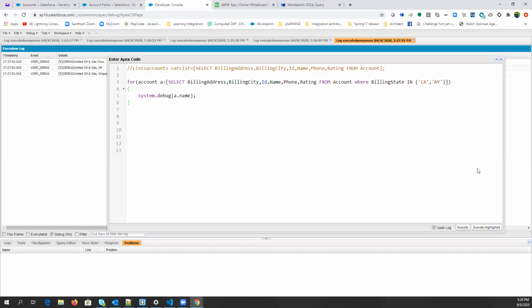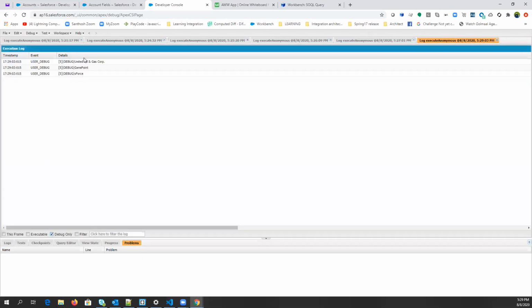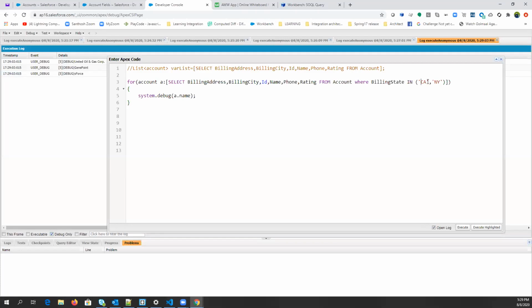Okay, guys, will it work or not? So what is it telling? It is printing all the account names in which billing state is CA and NY. So IN is basically checking multiple conditions with a single statement.